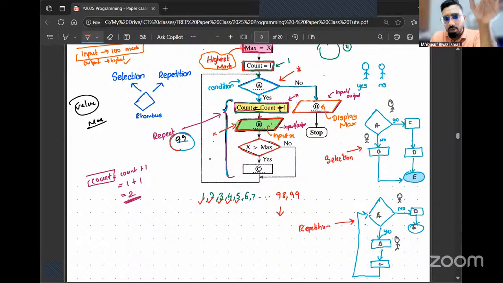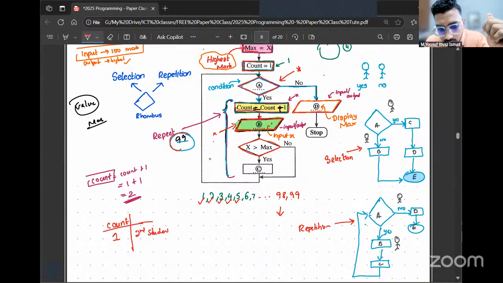So when count is 1, you're going to get the second value. Before the condition, if the value of count is 1, now you're going to get the second student's marks. Within the repetition structure, you're going to get the second student's marks.